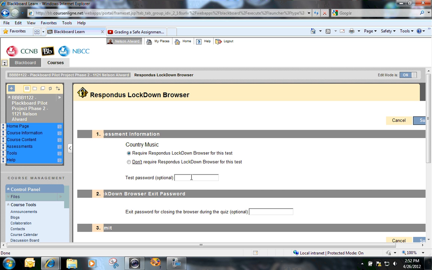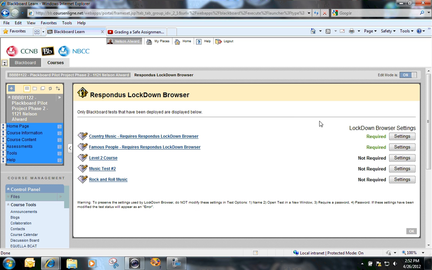What you can do optionally is just when you set up your test, set it up so that it only turns on at a certain time of the day on a certain date, and then the students will know that that's when they go in to find their test and they go through RLB to get to it. You can also put an exit password, so students have to use that password to get out of the test if you want. So I'm going to click on submit for that now,